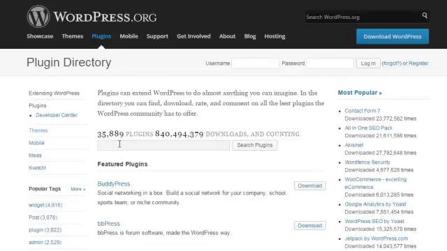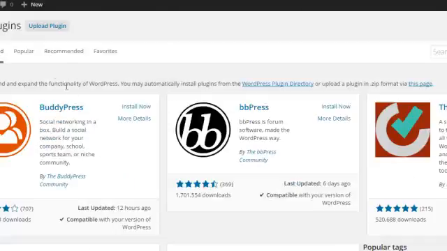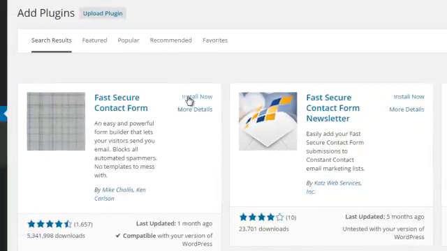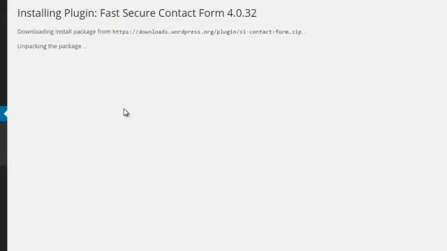They have 35,889 plugins and 840 million downloads. Again, this works the same way. This pulls in plugins from the WordPress directory. The plugin that I'm going to find is called Fast Secure Contact Form. So again, you type in the plugin that you need. This is the one that I need. You click install, click OK. Are you sure you want to install this plugin? Yes, I am. It'll go and install it for you,